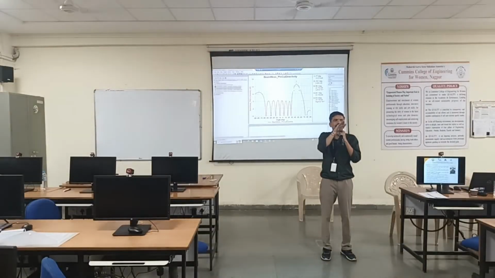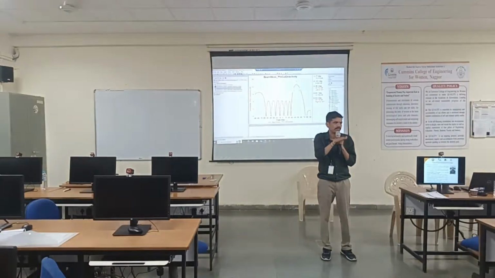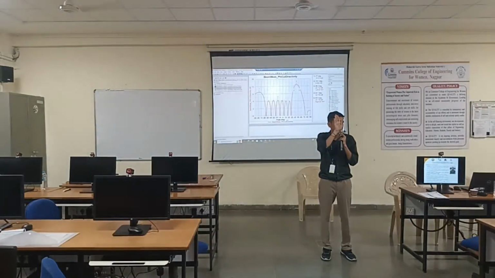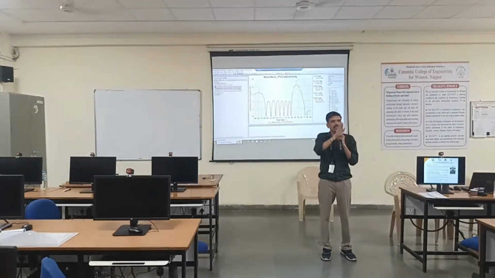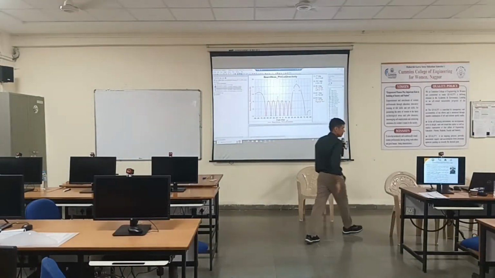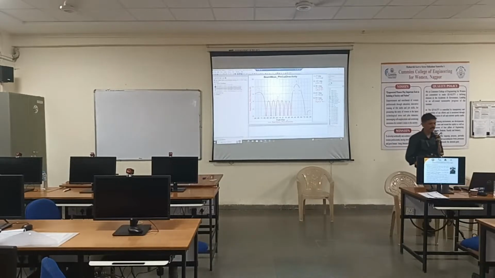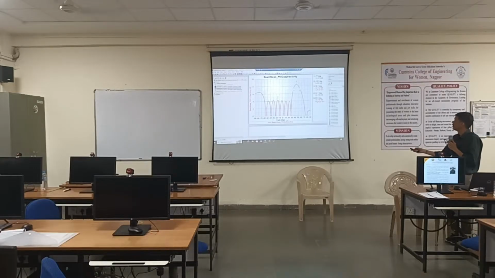From 60 degrees, +5 and -5, so total what do you get, 2. From 7, +5 makes 12, and from 7, -5 makes 2. So actually, by how much are you sweeping the vertical pattern? You are sweeping it from 2 to 10 degrees. So this is horizontal. You can see straight away I have steered this at 45 degrees. Can you see here? I have placed this marker. At how much is it? 45 degrees.